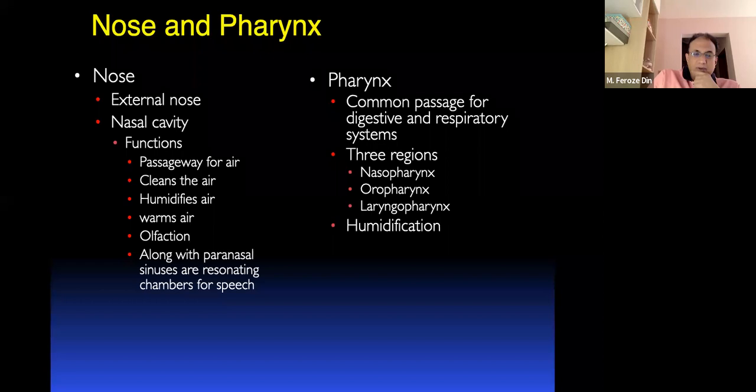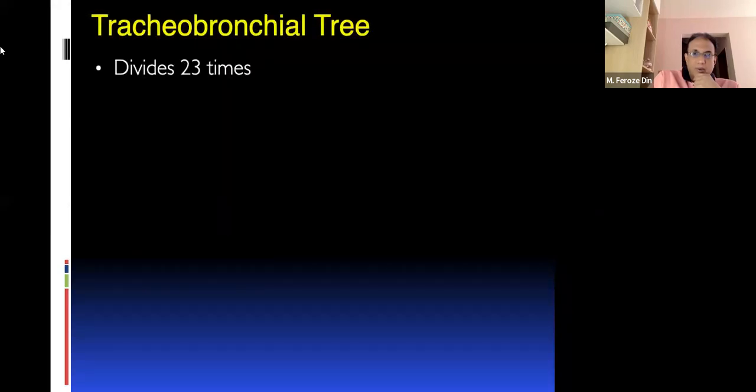The pharynx, as far as respiration is concerned, is a common passage for the digestive and respiratory systems. And there is some humidification simply because air is moving over a moist mucous membrane. Apart from that, there may be some sedimentation of suspended dust as well. Yeah. Now let us go to